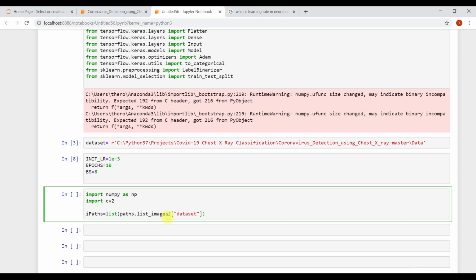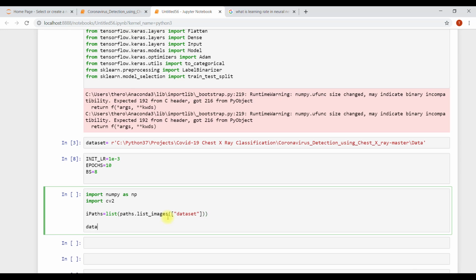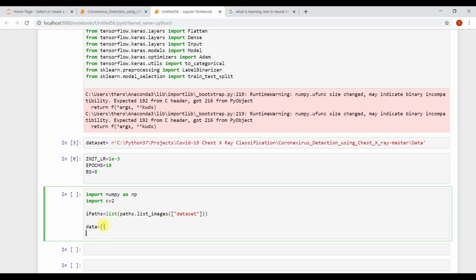Now we need to define empty lists to store our image data, the features of the images, and its labels.